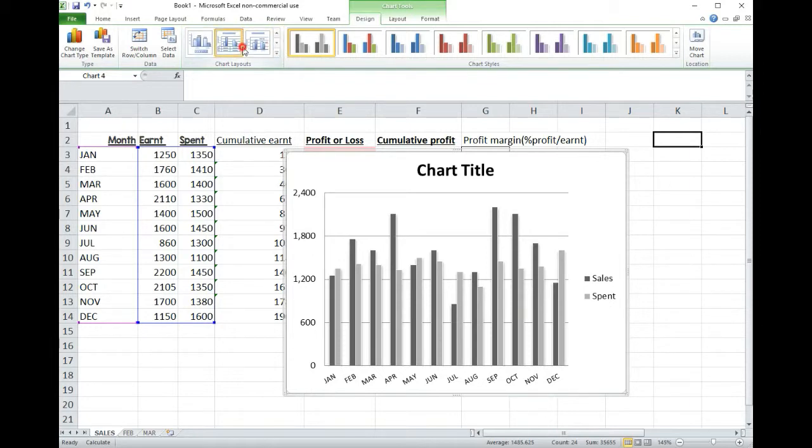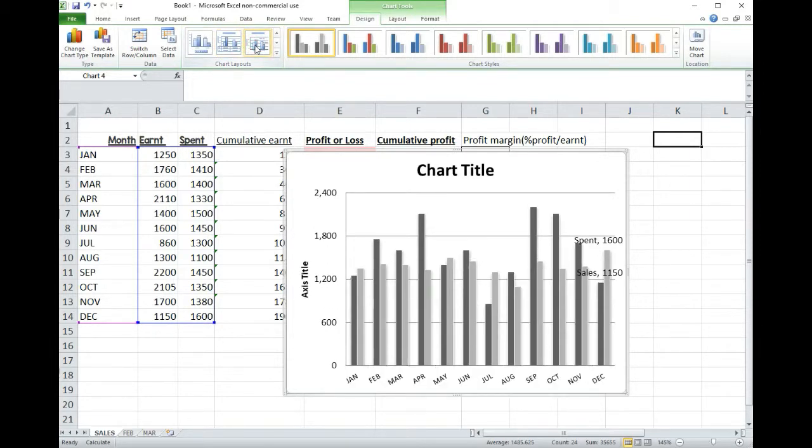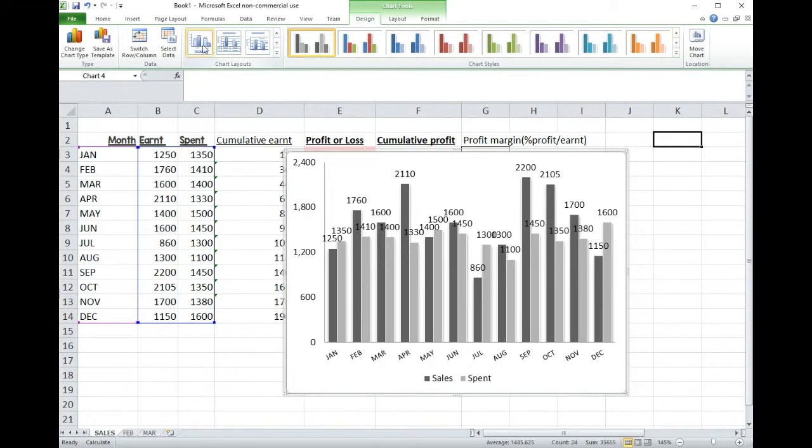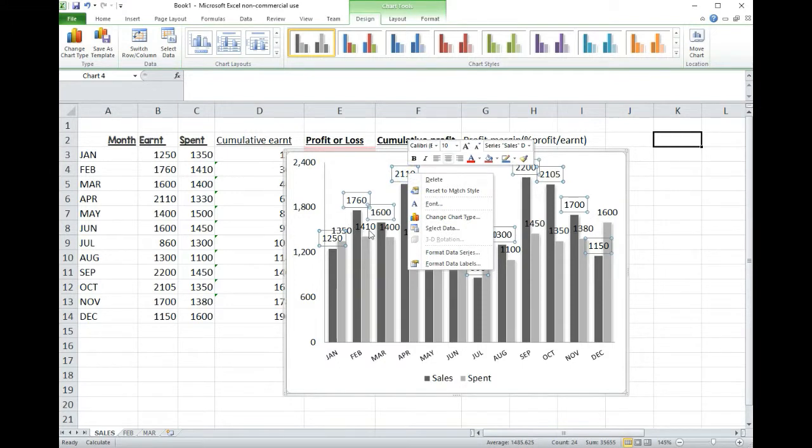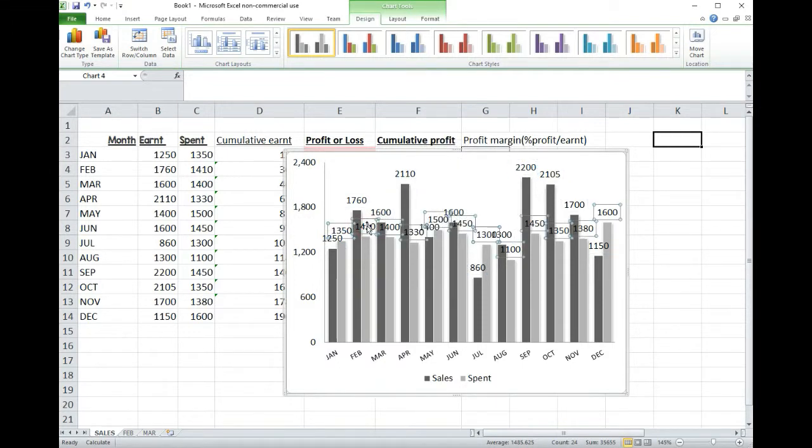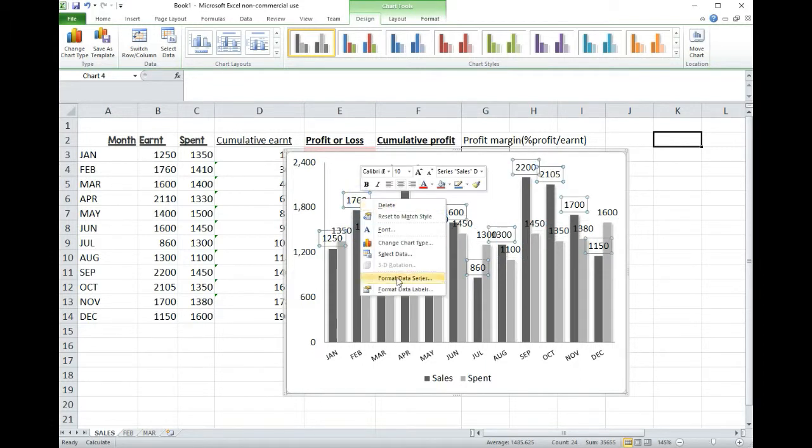And another option is like this one here, and that shows you the data values above the top of the bars now, and when they're placed there, they're called data labels. Okay, well that's not very neat, is it, with these numbers overlapping the bars? So what you can do is you can right click on a series